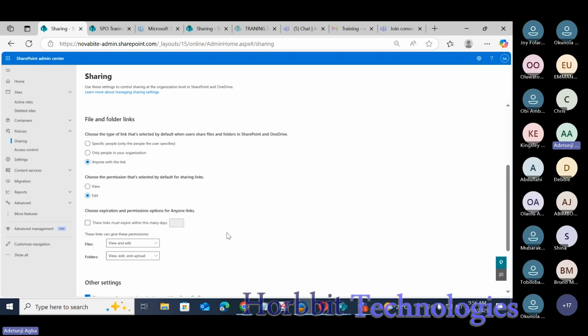Okay. And then, yeah, so these are all the default settings. We normally leave this by default, but you can also change it to whatever you want. You can change it to view as well. But by default, this is what you're going to have. Okay. All right. So let me see if there is any other thing I want to explain here before we go into the